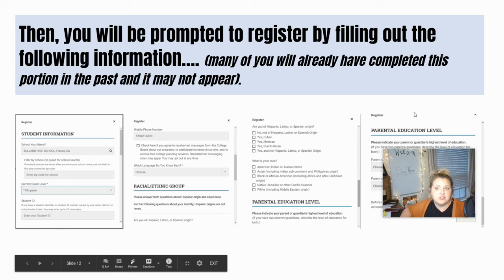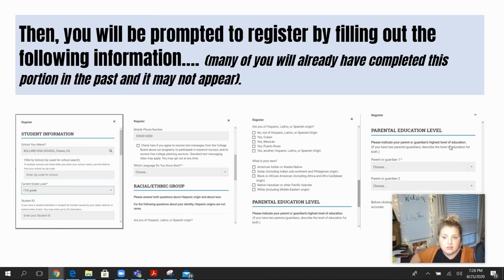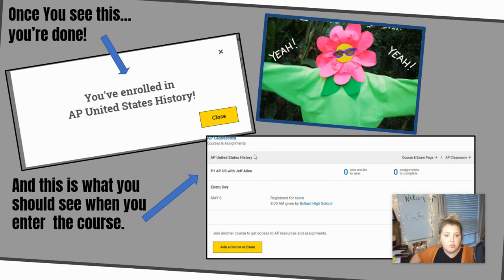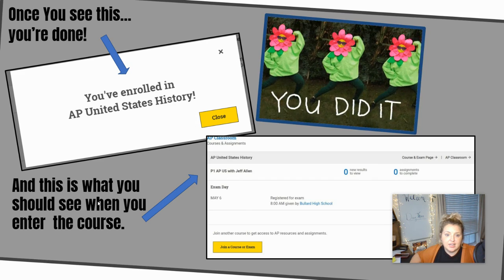And then you'll be prompted to register by filling out the following information. You may have already completed this if you have taken this class before. Once you see this, you've enrolled in AP US History, you're done. This is what you should